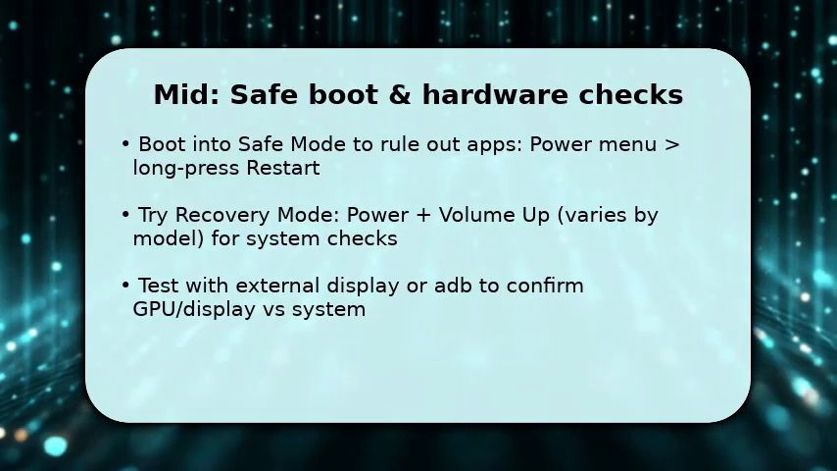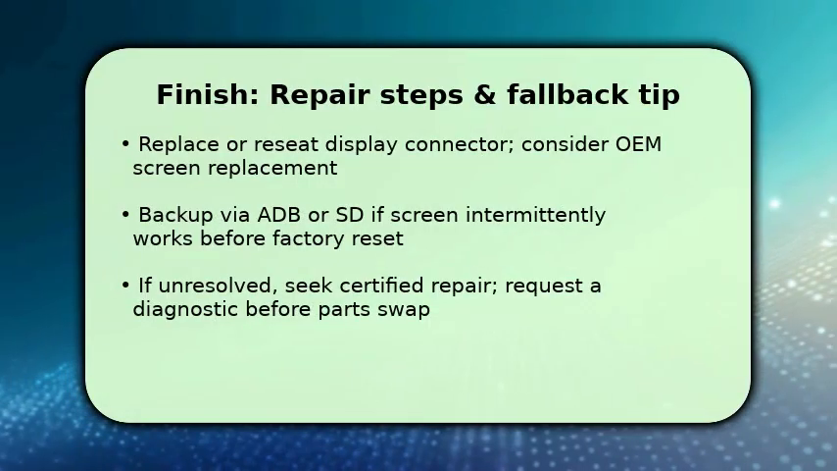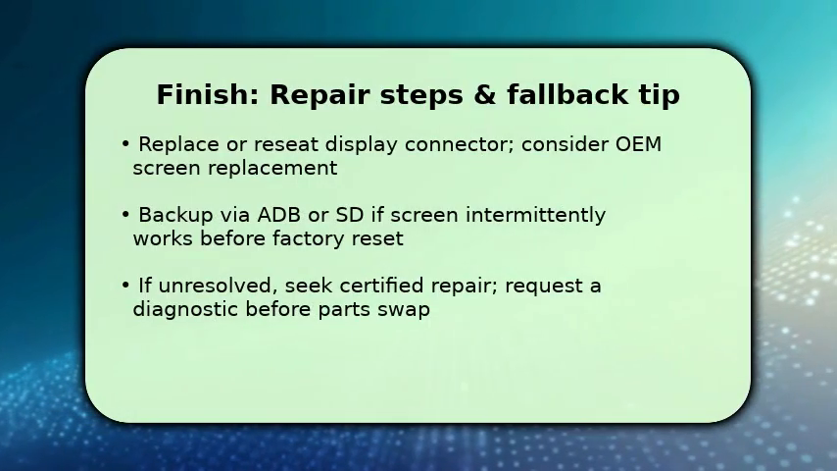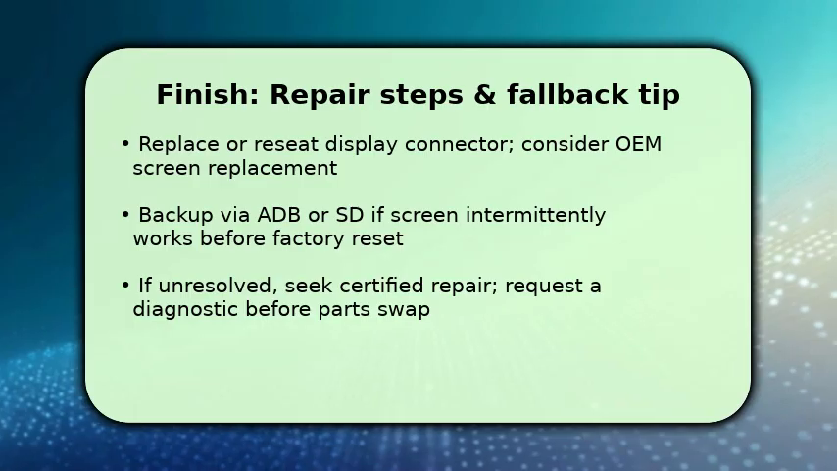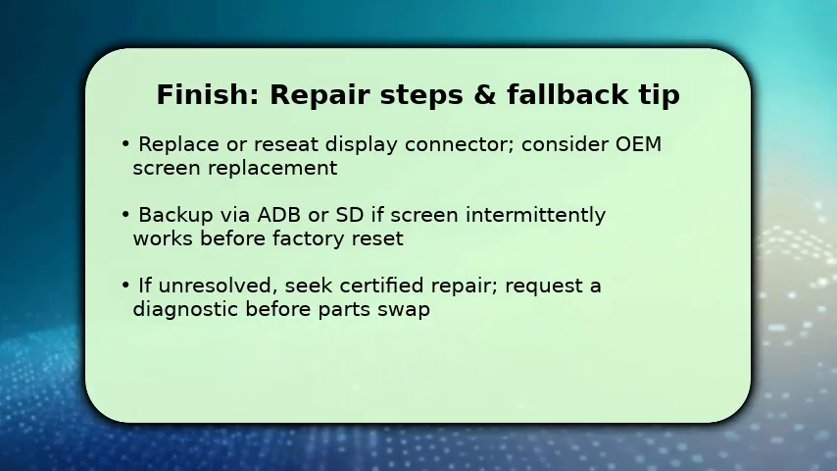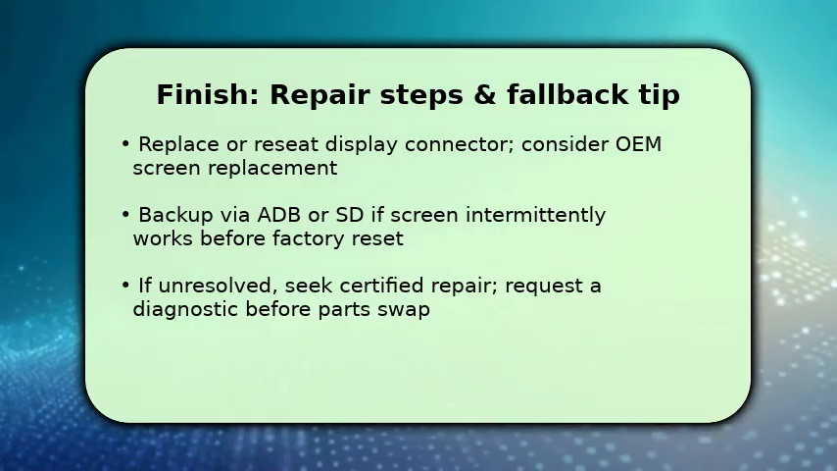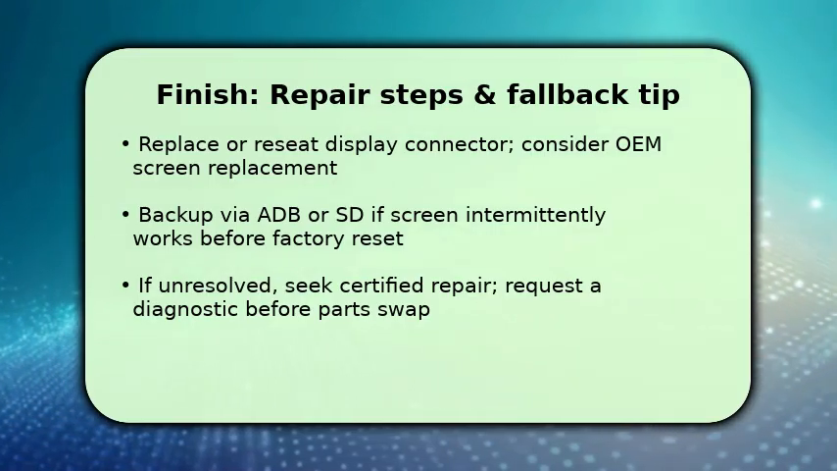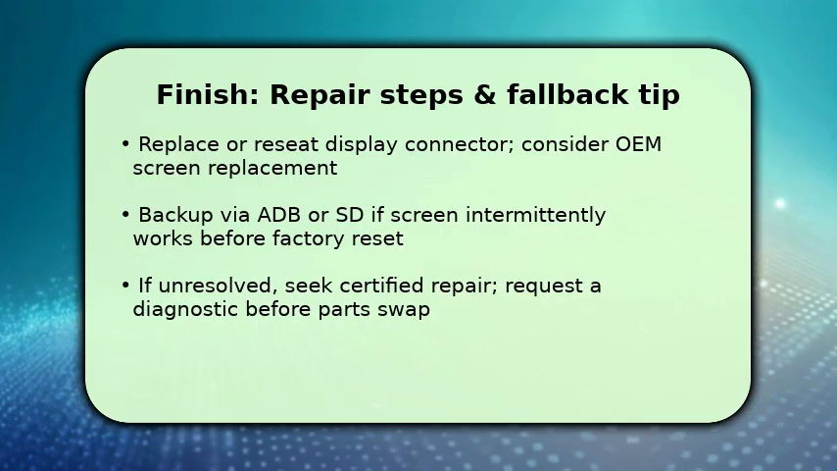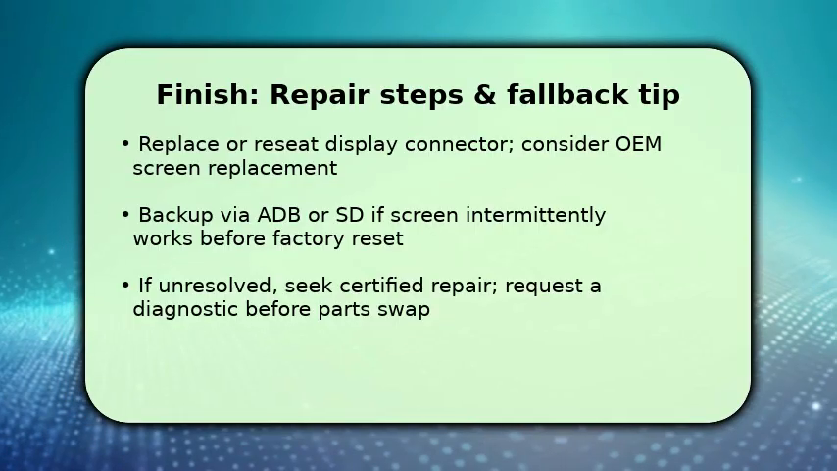If internal checks point to a loose or damaged connector, reseat the display cable or replace the screen with an OEM unit. This fixes many black screen faults. Before doing a factory reset, back up data via ADB pull or SD card if the display briefly works. If you cannot resolve it, take the phone to a certified repair service and insist on a diagnostic first so you avoid unnecessary